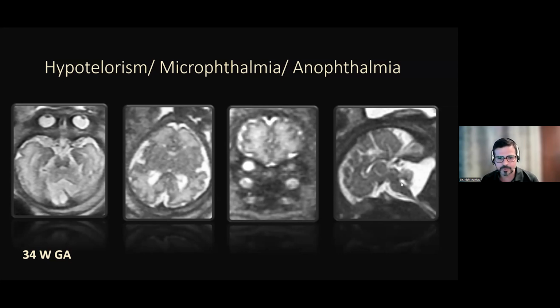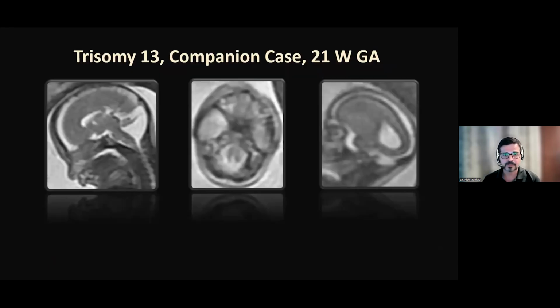There is a problem with the hindbrain formation. The shape of the cerebellum is a bit abnormal, and then you have this large cystic kind of presence out there. You will need the full imaging set here to look at the other structures, look at what is happening to the rest of the corpus callosum. It is present in this particular case, but this is the spectrum one would encounter in the context of trisomy 13, where the summarized version on this companion case at 21-week gestation would be a Dandy-Walker